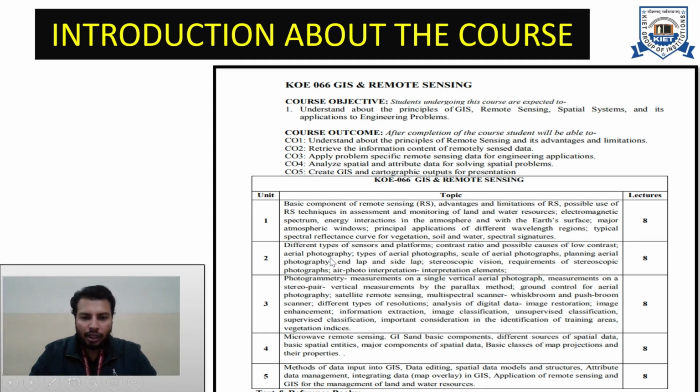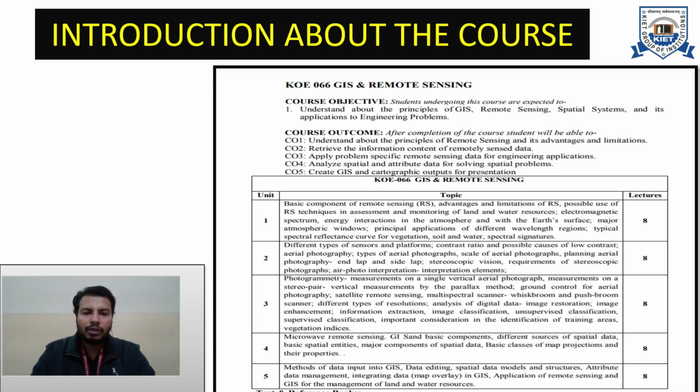So that type of content we have to cover in unit 2, and in addition to it, we have to study what aerial photography is. How to perform aerial photography, and what are the different types of aerial photographs obtained, and how to calculate the scale of those photographs. Let's say we are capturing vertical photographs, so how do we calculate the scale of those photographs so that we can convert image observations to ground observations? Then how to plan and execute the flight planning.